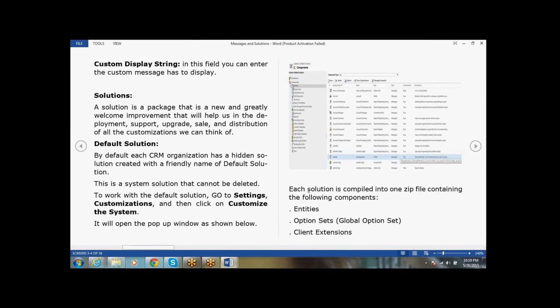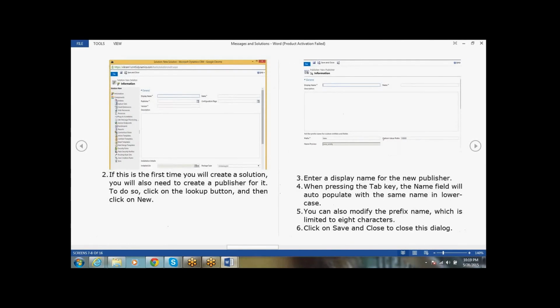Here the solution contains the components.